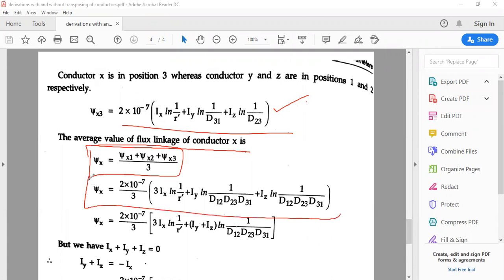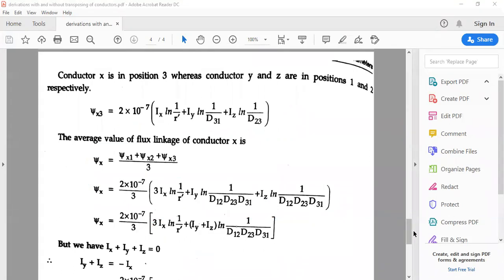And the entire term is replaced here. So phi x equals 2 into 10 power minus 7 divided by 3, and you'll be getting 3 Ix times this term, plus Iy plus Iz ln of 1 divided by d12, d23 and d31 present there. Okay, so next, if I want to analyze it,